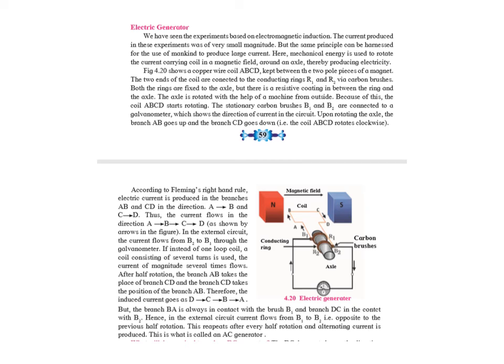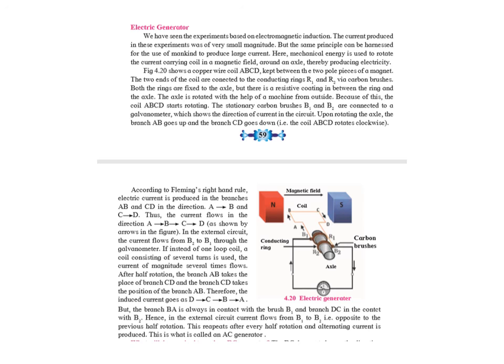We also get the DC generator. In the case of a DC generator, what happens? The generator which converts mechanical energy into electrical energy in the form of only direct current is called a DC generator. In this case, the current does not change direction in the external circuit. To get this, a split ring is used instead of a slip ring. Here we were using a round slip ring, and in the DC generator we use what is called a split ring, similar to an electric motor.